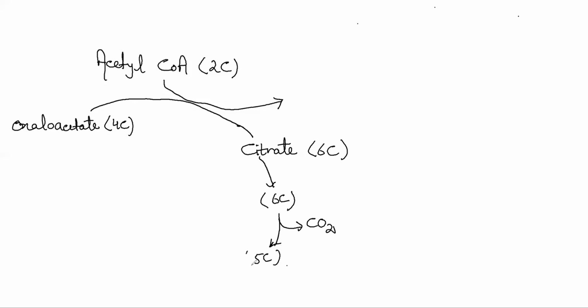So ultimately it changes into a compound which is 5 carbon. Again, no name there. As I mentioned, it's not like they don't have their names. Like fumarate is one of the compounds formed in the cycle. Succinate is also one of the compounds formed in the cycle. In the same way, malate is also a compound formed in the cycle. But as they are not in the syllabus, obviously we are not going to discuss their names and all that. You just have to remember with reference to the number of carbon atoms present in each compound. Okay.